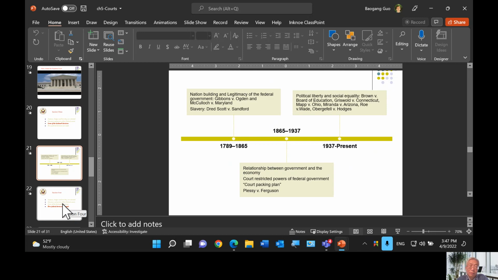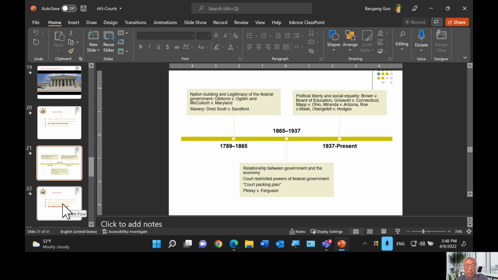And the court was filled with cases dealing with nation building, the legitimacy of federal power, state rights issues, and slavery issues. So the court made a lot of important decisions about those issues.